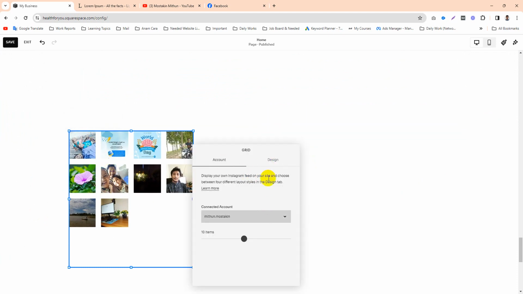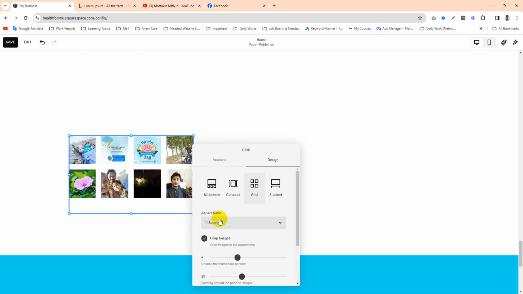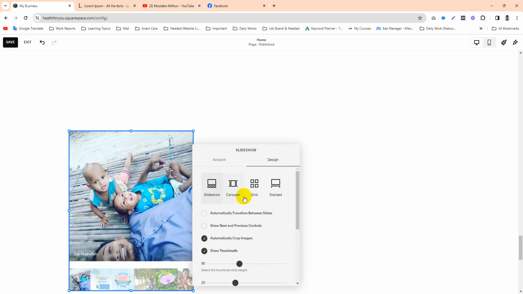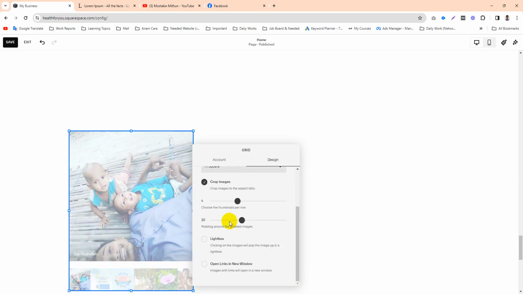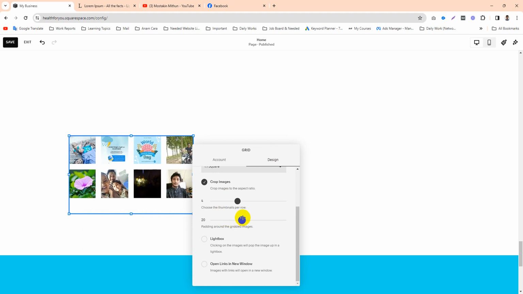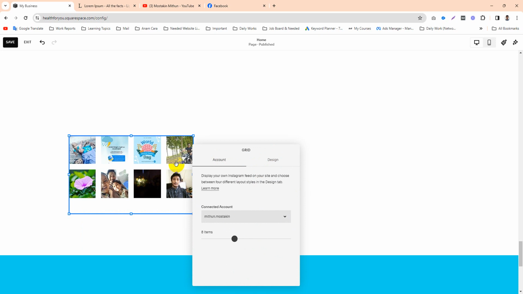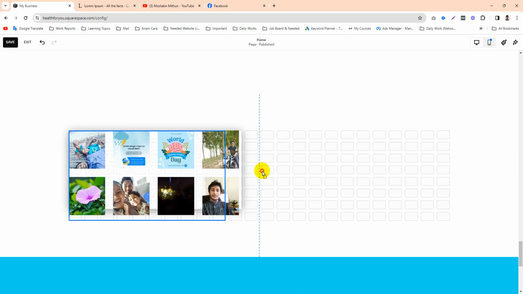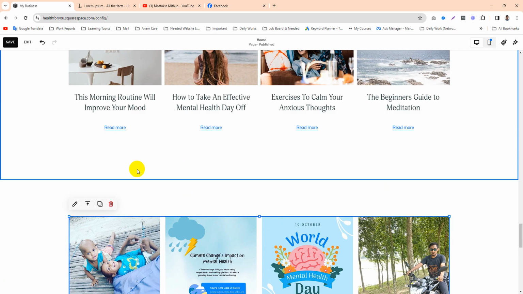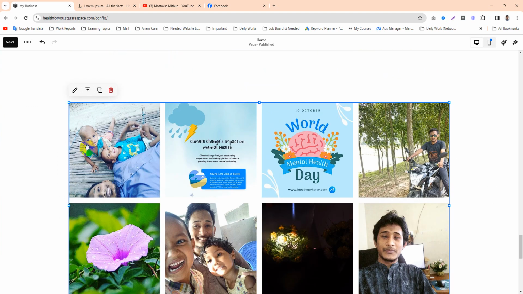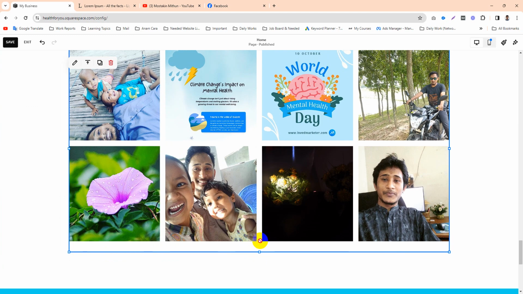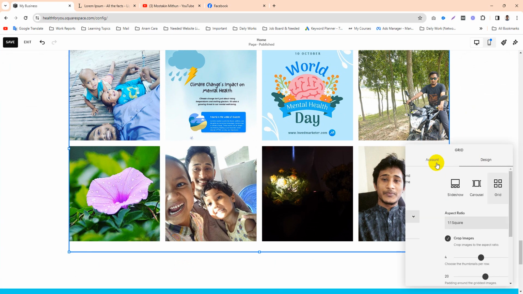Just click on edit, and then 10 items. I just want to show 8 items, and then make the design. You can make the design as a slideshow, or grid is fine. Create image slide box. Okay, so this is for now, and then I want to make it bigger, and then just make it bigger. Okay, so I can show the 10 items